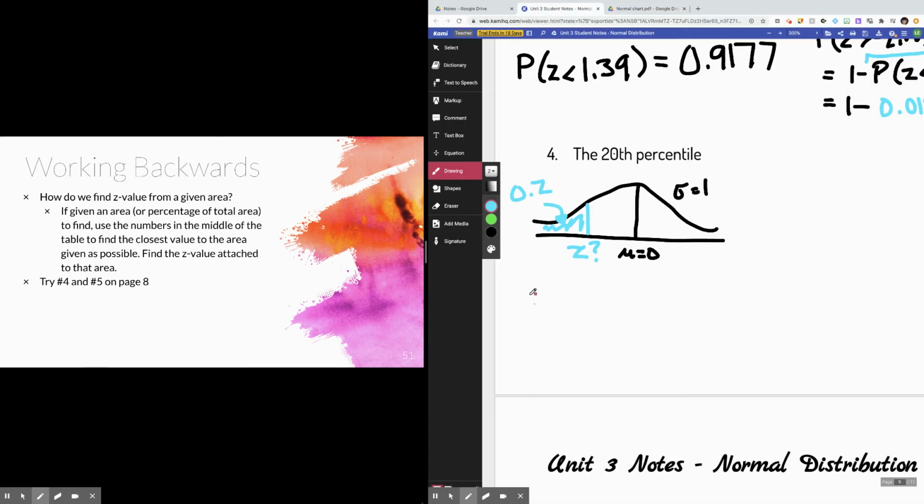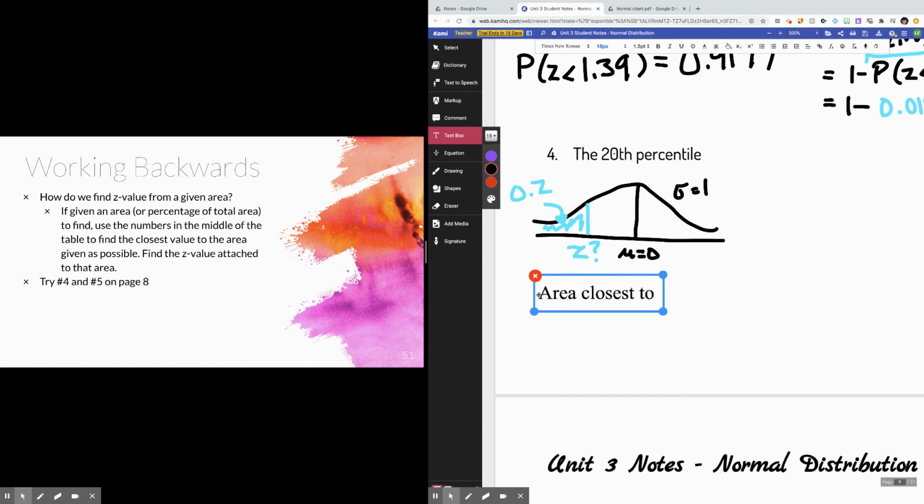Okay. Right? And that is it. Like, that's my z value. Okay. So if you are writing this out for yourself, essentially what you're finding is... Sorry guys, I'm getting so many notifications at once. So we found the area closest to 0.2 from the z table